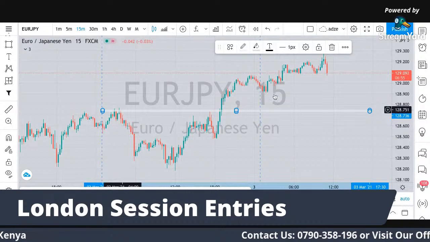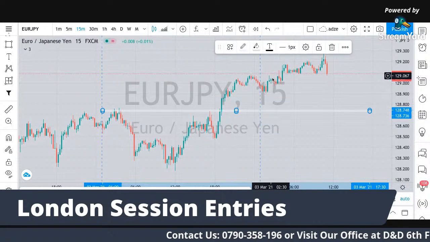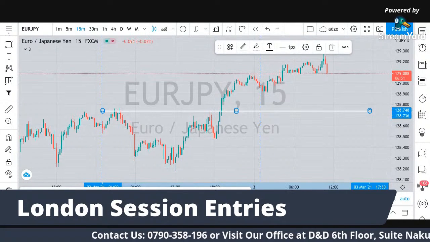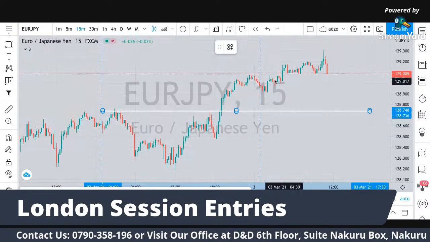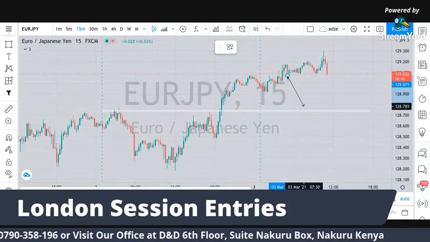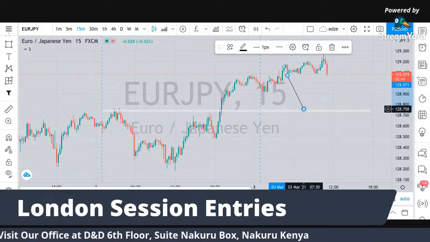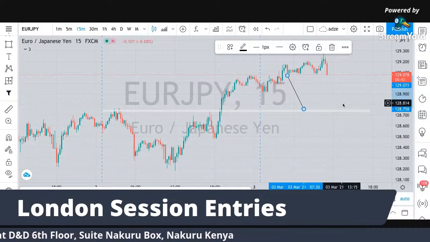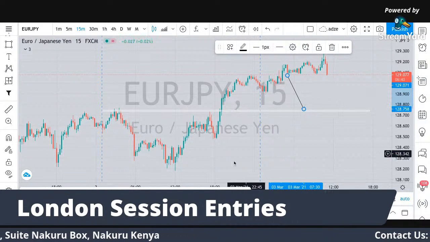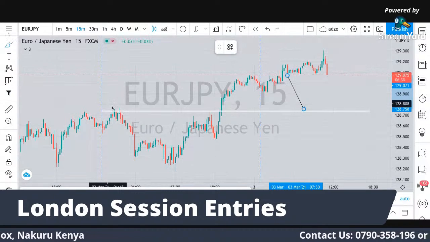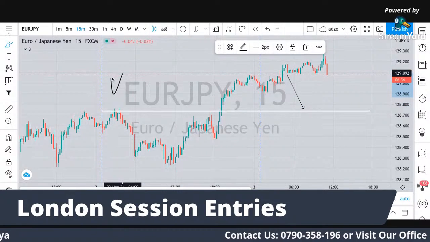I was expecting price to do a retracement during London, up to this level, and then I start looking for entries. In short, what I was expecting is a daily structure range,